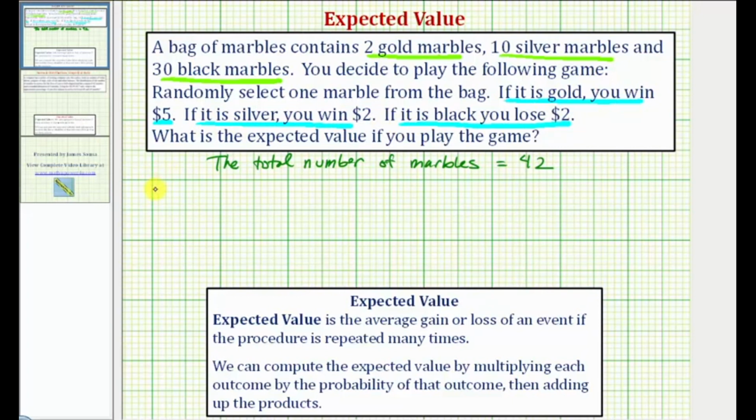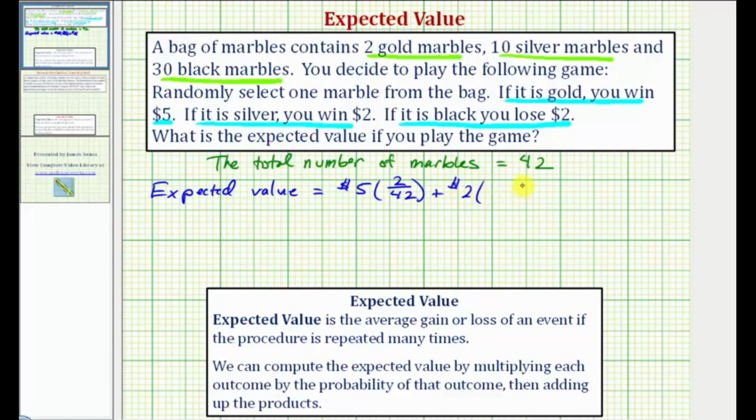So the expected value is equal to the outcome of winning $5. You win $5 if you select gold, so we multiply by the probability of selecting gold, and there are 2 gold marbles out of 42, so the probability is 2 42nds, or 2 divided by 42, plus the outcome of winning $2, so plus $2,